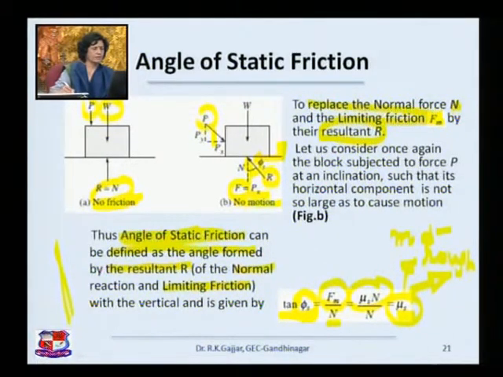Come back again to that example of the ladder. If we put the wall and the ladder, a very classic example, what is the angle that is required which will resist motion? Depending on the surface of the wall and the surface of the floor, you need to find an angle where the ladder will stay steady and you can safely climb over the ladder. This is the angle of static friction.